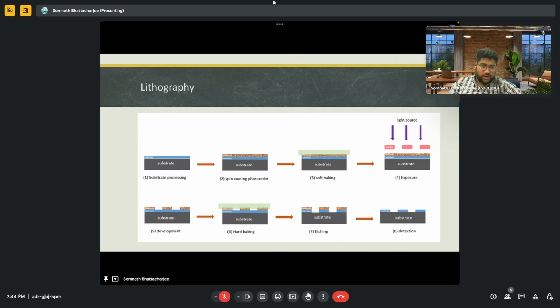So a basic lithography technique is divided into eight different parts. What happens in the first part is that the substrate is processed. So what is in a substrate processing? The substrate may be preheated a bit. There may be a coating of